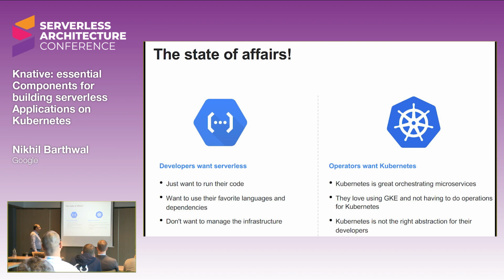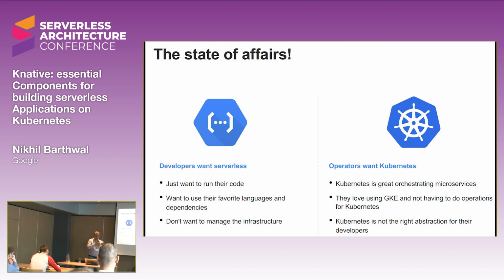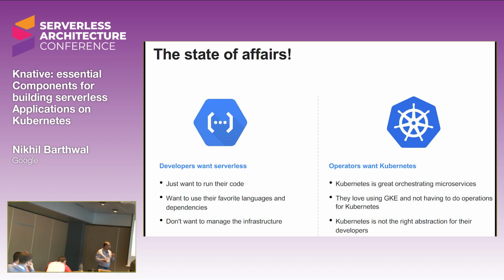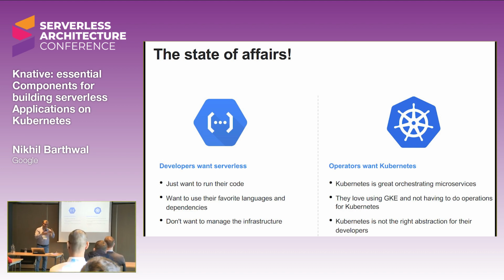Operators have a completely different picture, right? They want something like Kubernetes because they are worried about orchestration. I know I'm from Google, so I'm using a little bit of Google-specific terms, but that's true even for other cloud vendors. They love something like a managed Kubernetes environment like GKE. And Kubernetes is a fantastic abstraction environment for operators, but not for developers. And DevOps, as they mentioned in the keynote, there's a little bit of a tension between developers and operators, right? DevOps is a lot about people and strategy and culture, because you have to manage these conflicting goals.